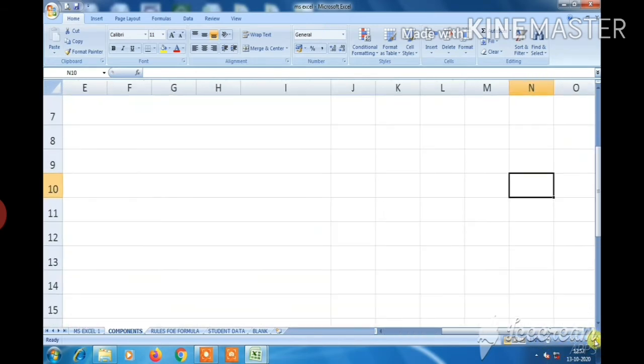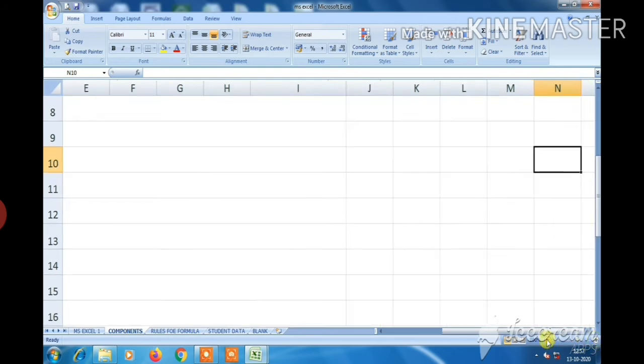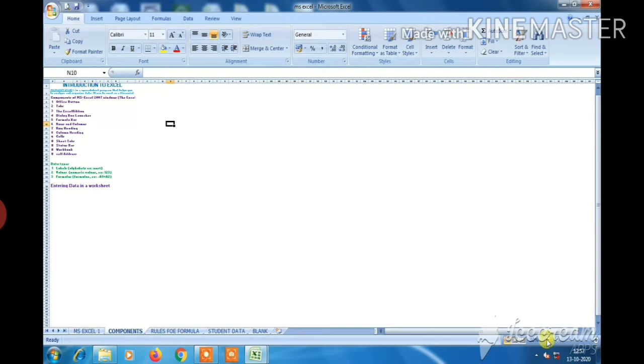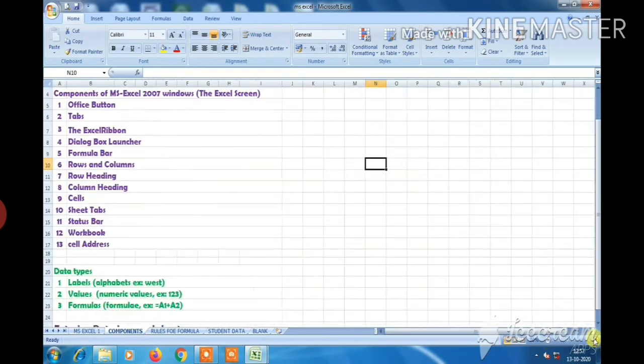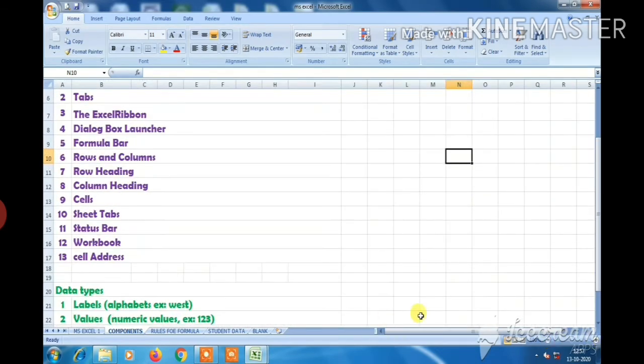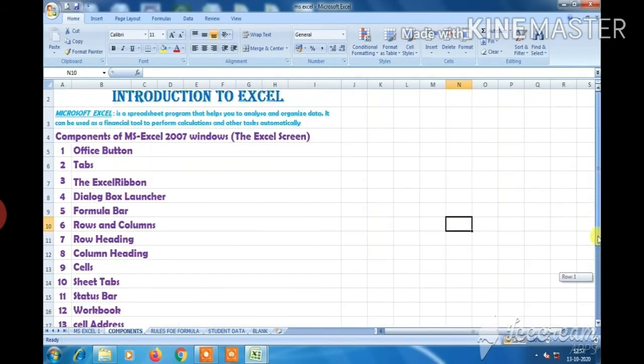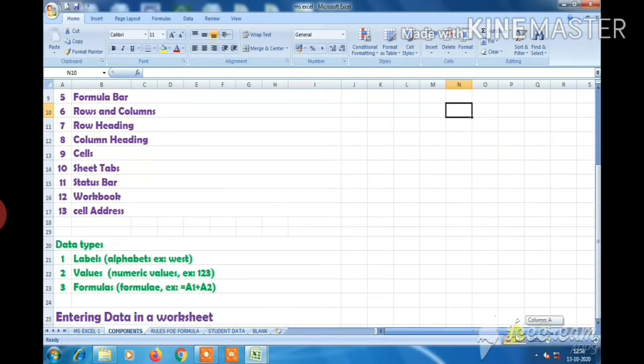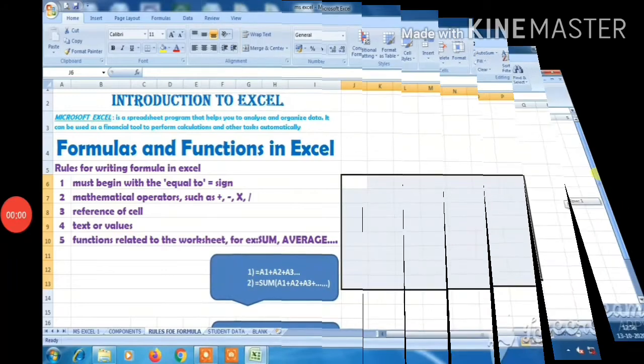When you click on the zoom in option, size of the cells increases. When you click on the zoom out option, the size of the cells reduces. At the top of the zoom bar, you will get a scroll bar to scroll up and down, and to scroll right and left.